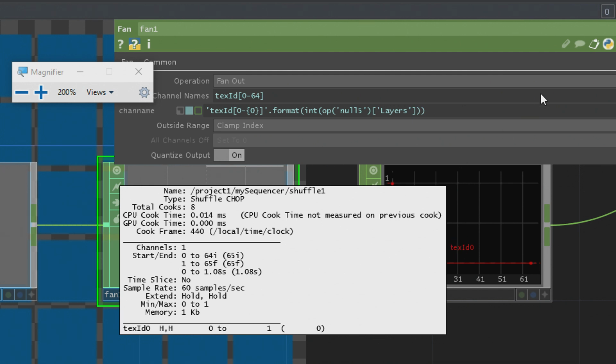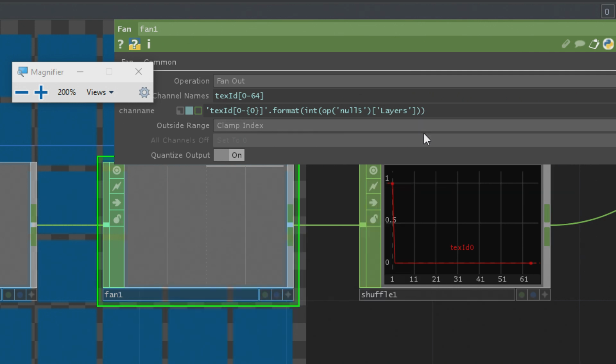Thank you. Yes, and minus 1. When you're creating 0 to 64, we end up with 65 channels, but we only have 64 rectangles, so you'll have to add a minus 1 in there. I just added the minus 1 at the end. Counting 0 there are 65 channels, so we want 0 to 63.